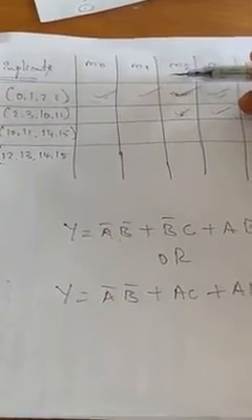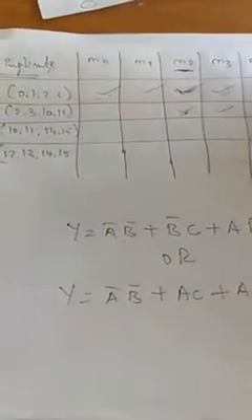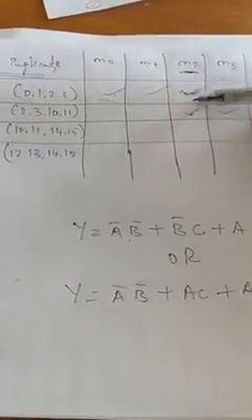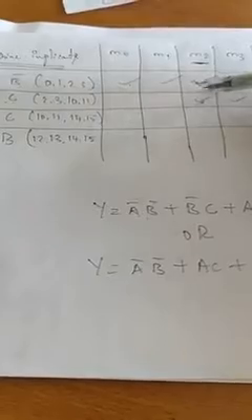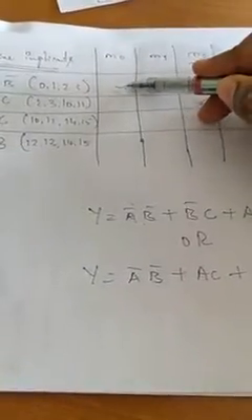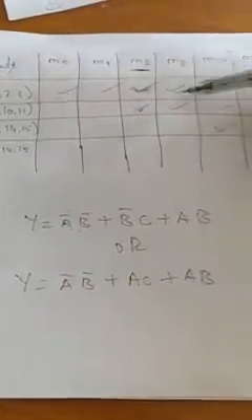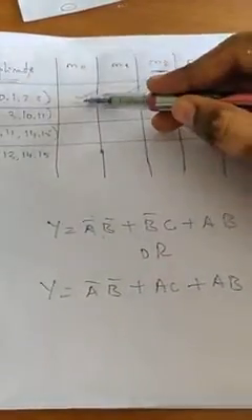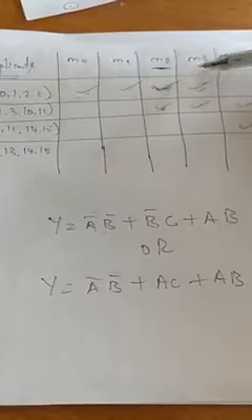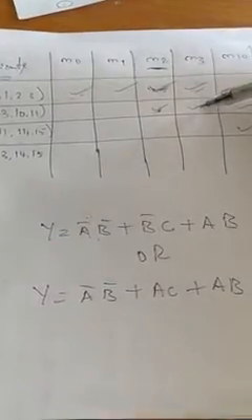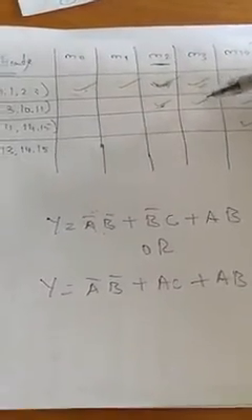We need to represent M2. We need to take one element from M2. We have already taken this tick mark because the representative A bar B bar is already written. This tick mark is already considered in the previous columns, so no need to consider anything from this column once again. Here again 2 tick marks. This tick mark is already considered here, so A bar B bar is already represented. So M3 is already represented. No need to take anything from this column now.